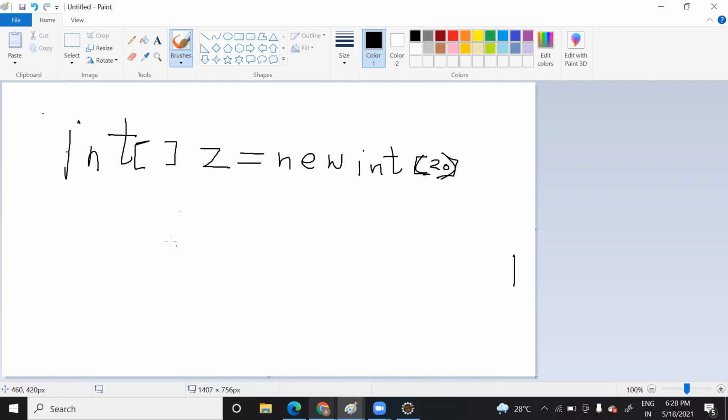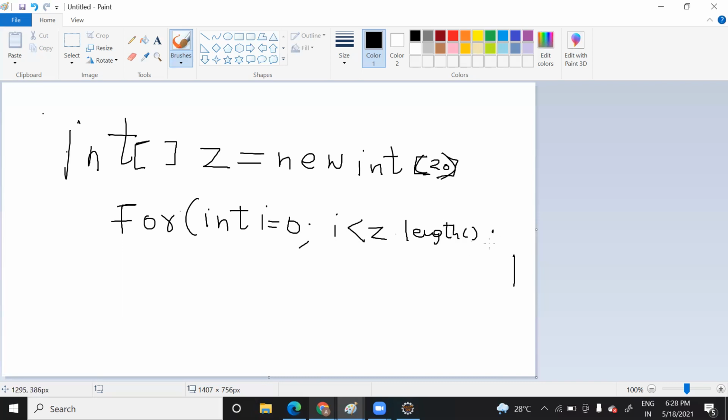When you write the for loop, how do you usually write it? For example, for int i equal to 0, i less than z.length, i plus plus.